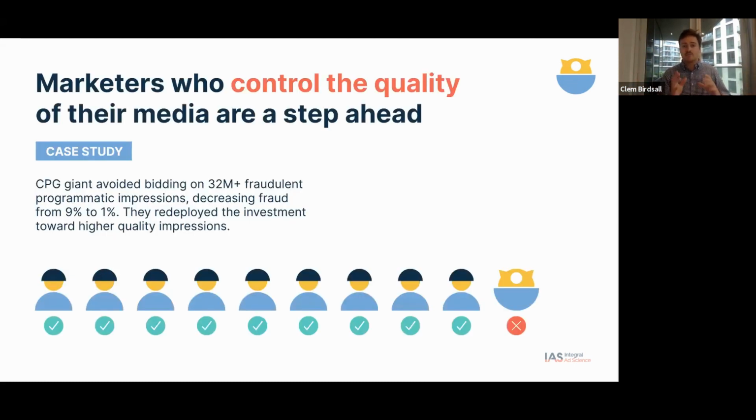And again, re-looking at this FMCG client that we mentioned earlier, by using our tools, they were able to identify where the fraudulent ads were, what the typical domains were, or which users or which exchanges they were delivering those fraudulent ads on. And they started to optimize their buy away from these fraudulent places and decrease their IVT level from 9% to 1%, and were able to reinvest that budget back into the highest quality media.